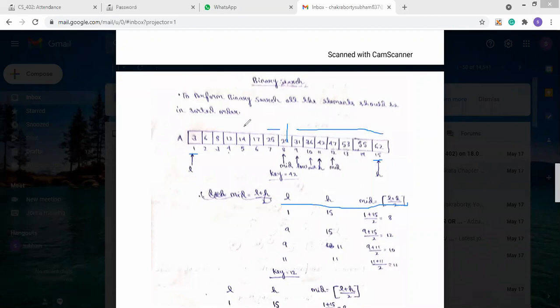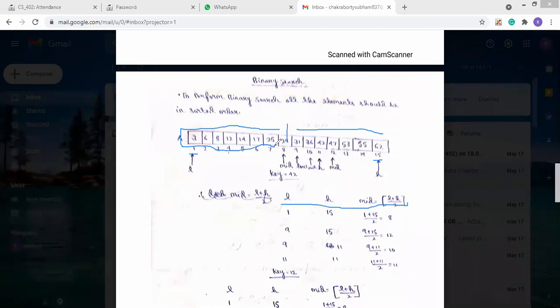In this portion, all the values present are less than 29. So we have no need to check this left side position. There is no need to check it because all the values present will be less than 29. So there is no way to check the values of this part.